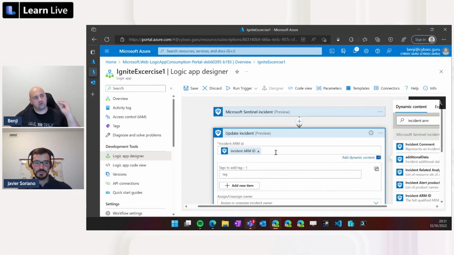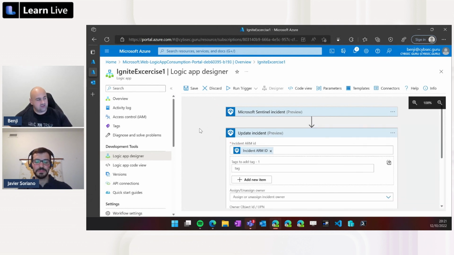And now we can see all the elements of a playbook that Javier was mentioning. So let's repeat it. We have the trigger, so when we respond to the incident, this is how we are triggering it. So the playbook gets that it needs to run. Then we have the action that is actually doing something after it is triggered. And we have the dynamic content, which is connected to this specific playbook. So we are getting those, and it is easier to manage and not to write down all those things.